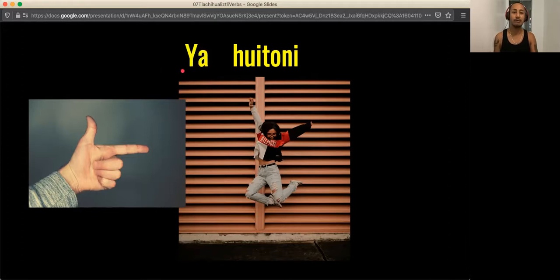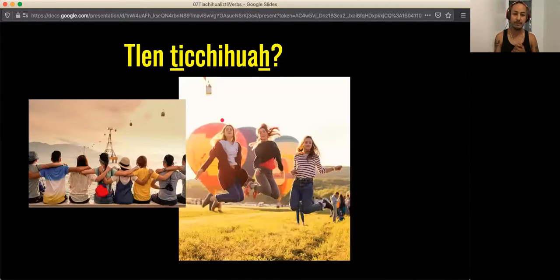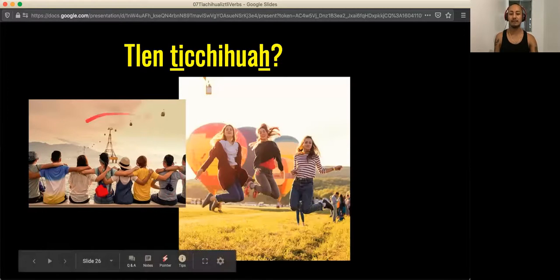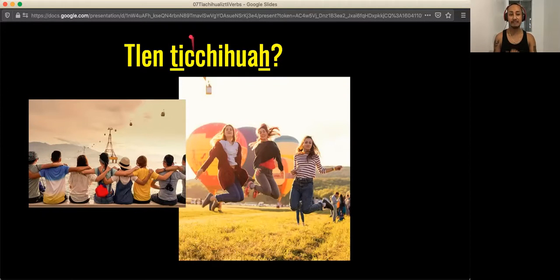You could also say ya huitoni if you want to. Okay, so if we're talking about we, tohuantin, tlen tichchiwa. So now we have this T, right? And we have an H at the end. The verb chiwa is there to mean to do, but when we're talking about we, it's T and chiwa with an H. Okay, tlen tichchiwa,